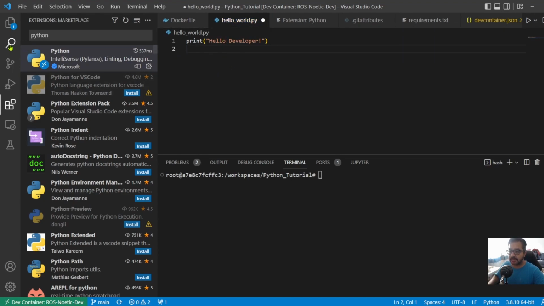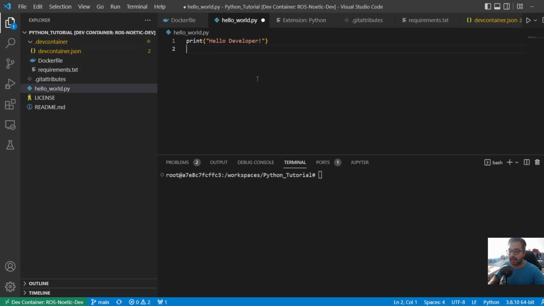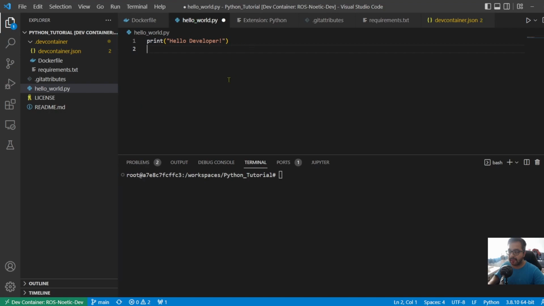So having said that, let's go back to our Python file now. So once you have installed Visual Studio Code and the Pylance extension like I showed you, the next step would be to type your first Python program. The first Python program that you're going to type is called the hello world program. So hello world basically means that we'll have a print statement and then we'll type some text,